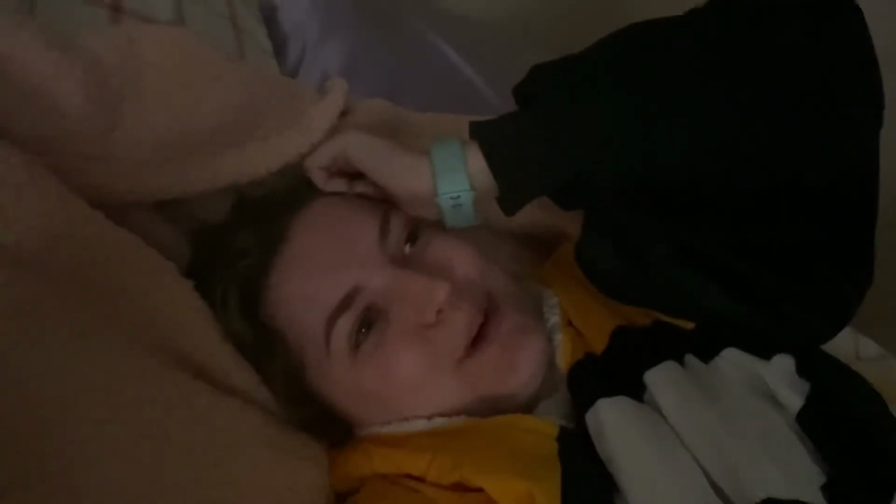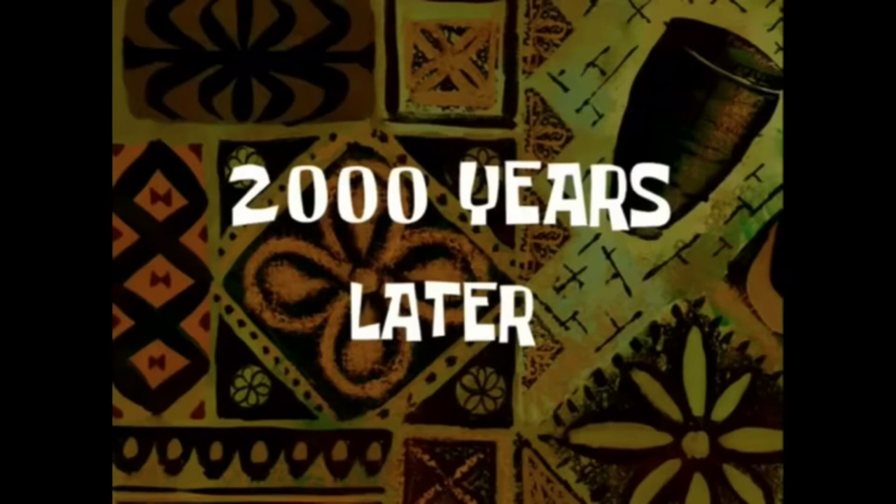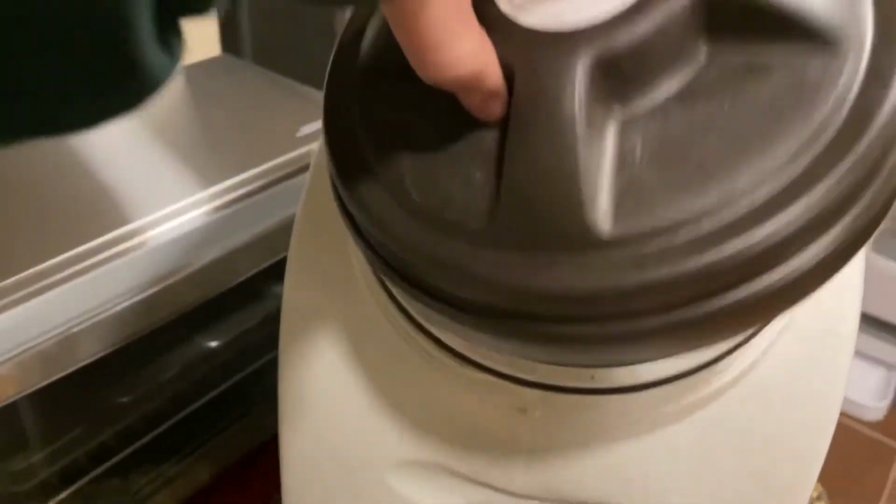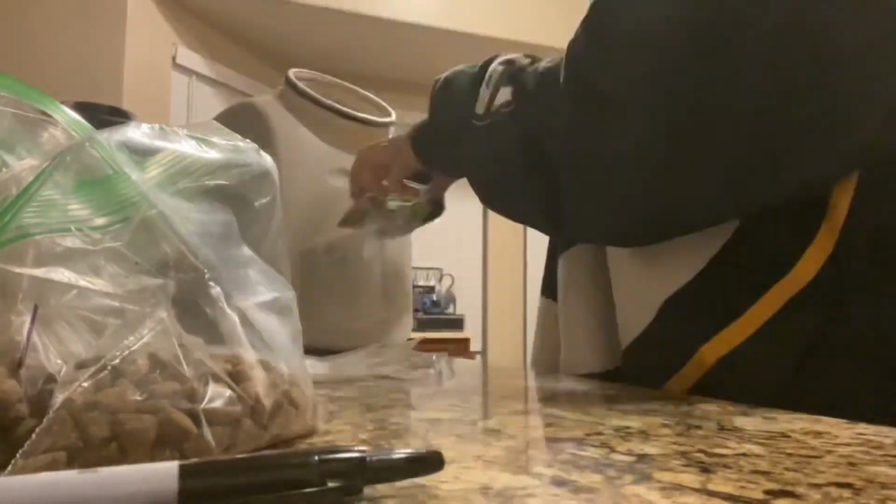And now I'm just procrastinating because now that all that is out of the way and I'm done, now I have to pack and I have to get my dog's food ready for her daycare. 2,000 years later. I was dropping my dog off at daycare, so I had to put all of her food into individual baggies. So I just numbered them all so I could make sure that I had enough, including a